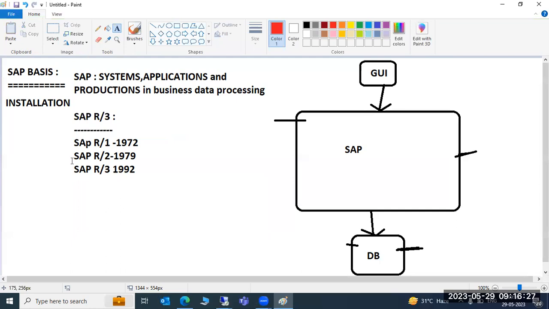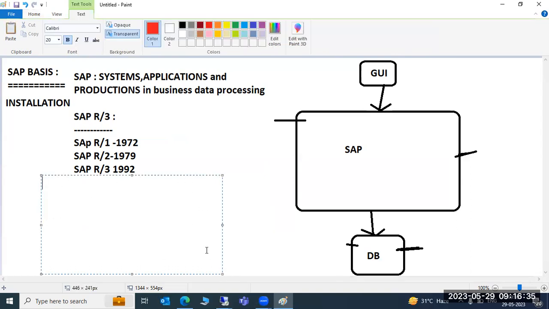Why? Because here we are putting in some experience, 3 years, 4 years, 5 years, 6 years, so we should be aware of some history. When you are watching movies, at the start of the movie they show some history to help you understand the concept, right? The same reason here, we are just discussing the versions of SAP.